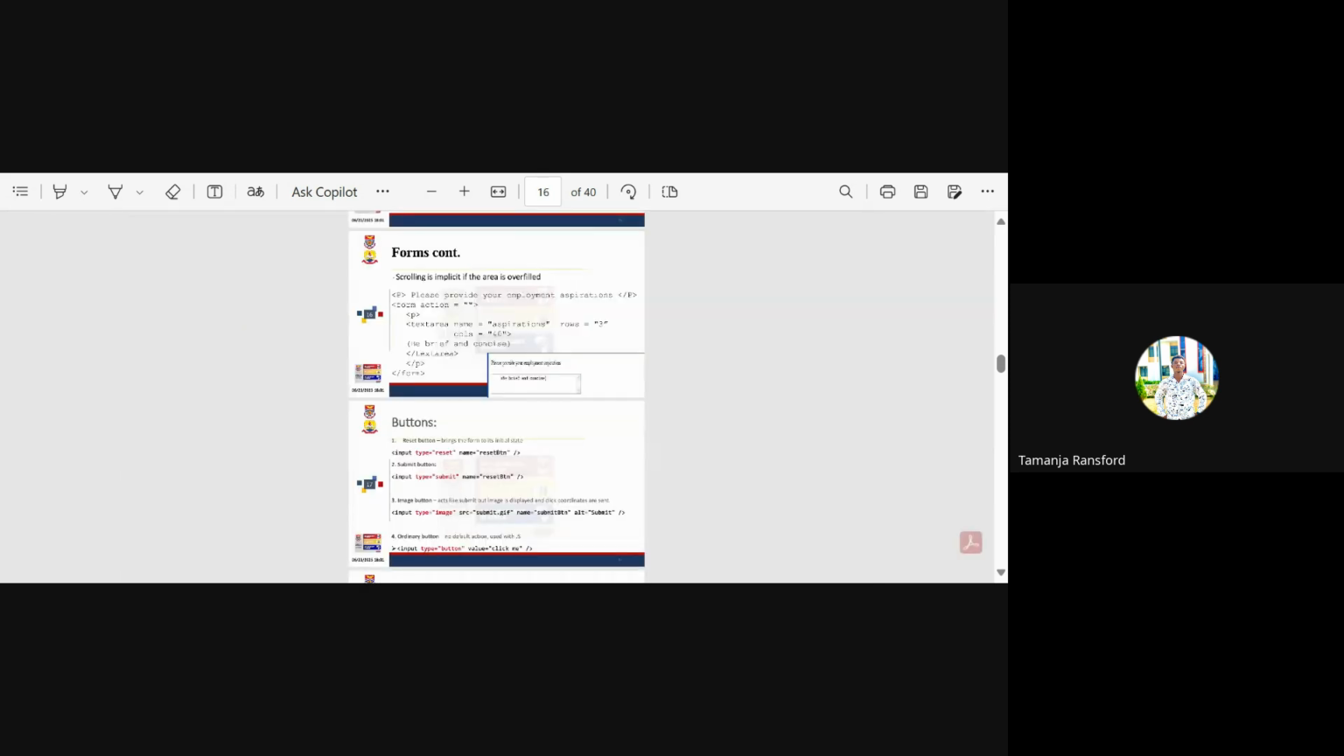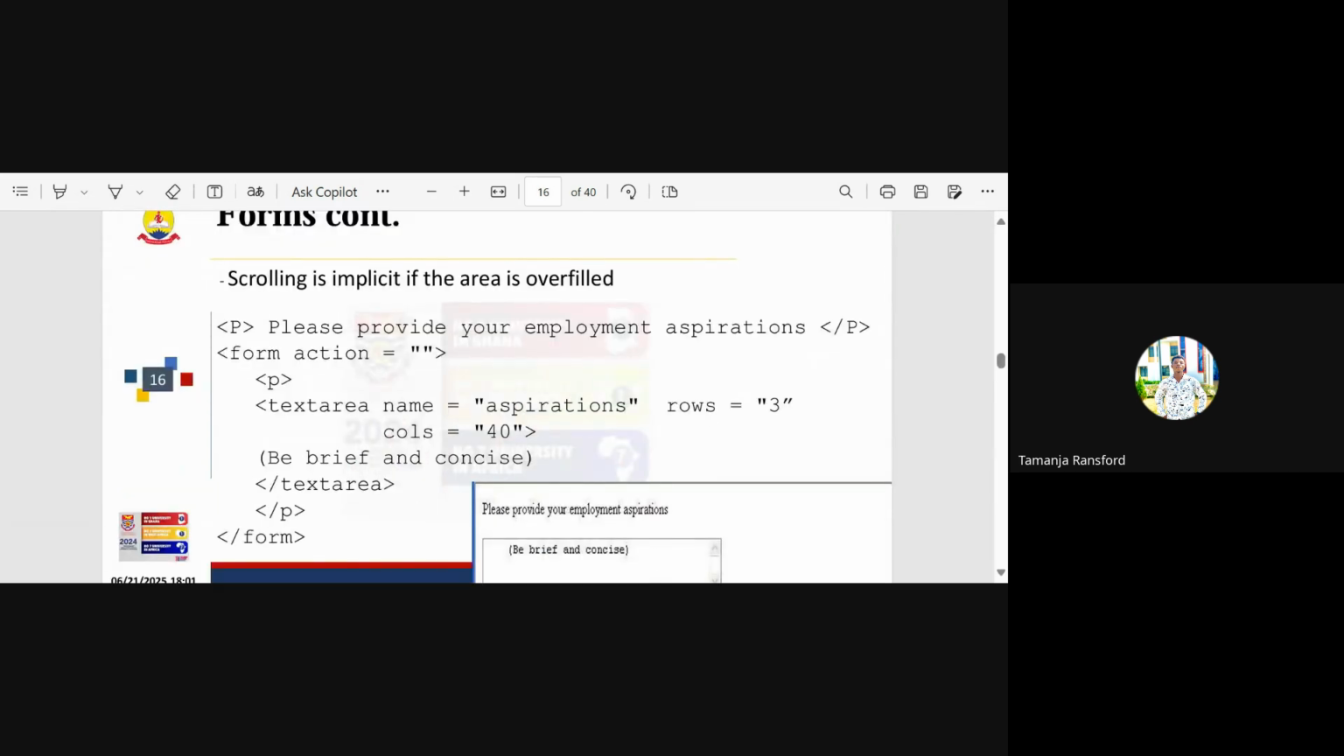Now we have another one we call the button, that is buttons, and we have a couple of them. We have the reset button, and whenever you are filling the form, when you click on that, it takes you to the default, meaning that it will clear everything that you have entered. Let me see if I can show that on my